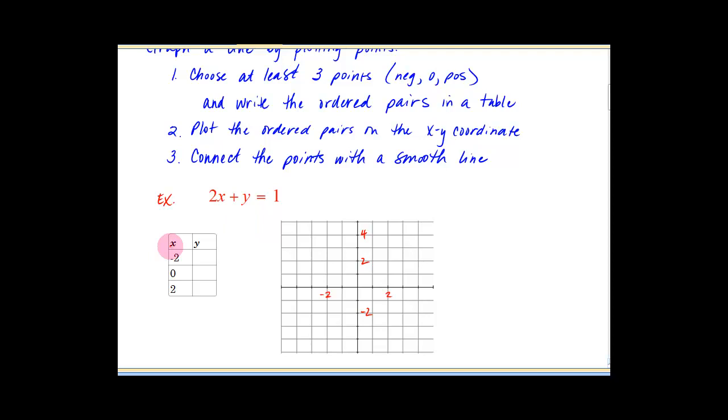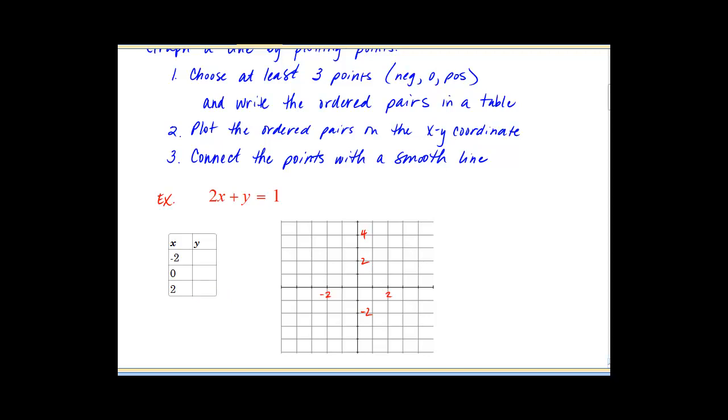I always choose a negative value. I choose 0 as one of my values because it makes my algebra easy, and then I choose a positive value. So I have the negative side, a 0, and the positive side represented in my x's. And I generally choose 2 as my negative and positive because those are getting me a little bit further away from the origin as opposed to a 1. So let's plug -2 into our equation, find the y value, and create a set of ordered pairs that we're going to